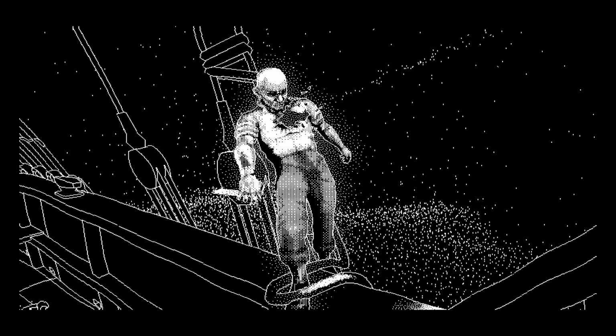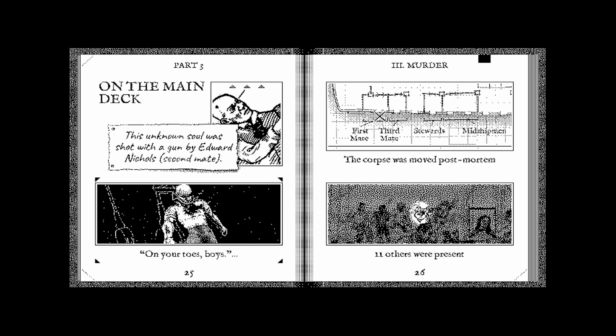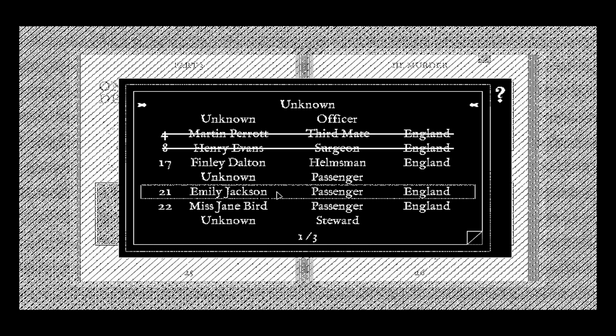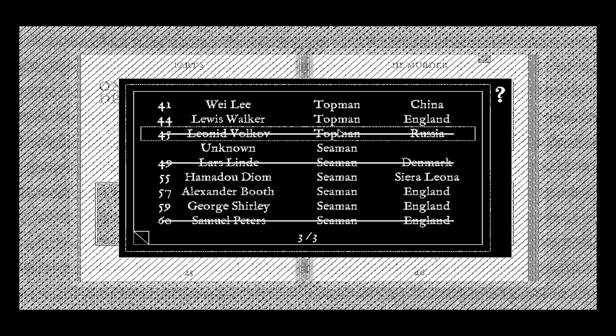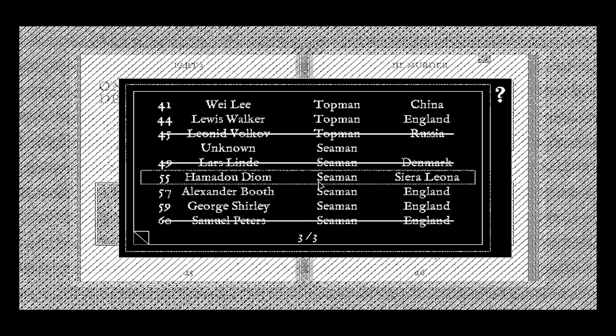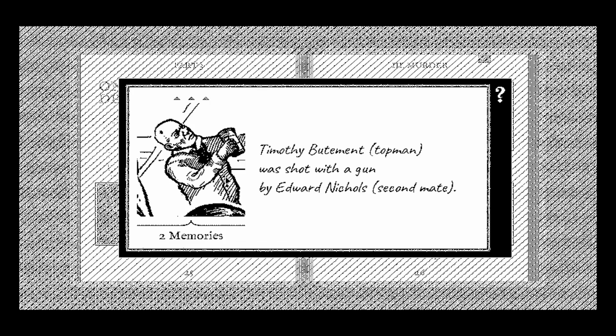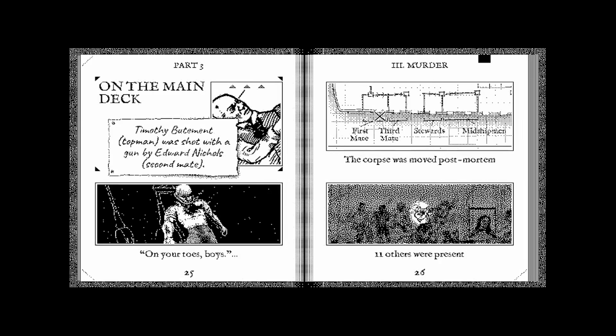We got it. We got Timothy. We got Timothy and Edward got Timothy. Done, done, done. This is great. Now that I know where not to look, it gives me big clues about where to look, basically. Timothy shot with a gun by Edward Nichols. Done. Now, I reckon my reasoning is that makes...